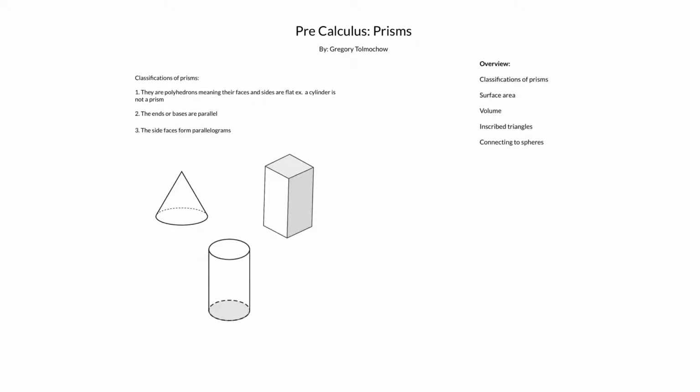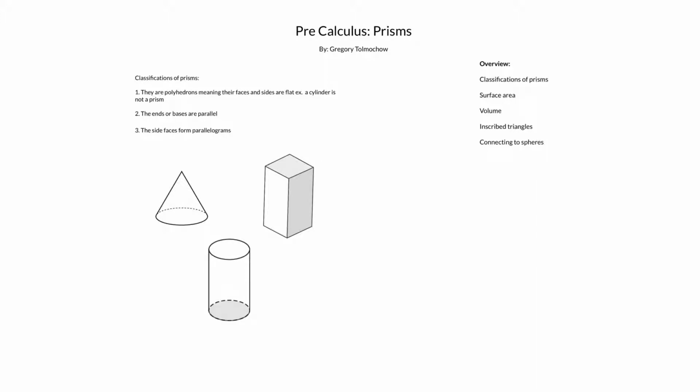Today we're going to be discussing prisms. Just to give you a quick overview of today's video, we are first going to be discussing the classification of prisms, how to find the surface area and volume using the inscribed triangles method, and a problem connecting to the spheres topic. So to first start off, we can define a prism as a polyhedron, meaning that their faces are